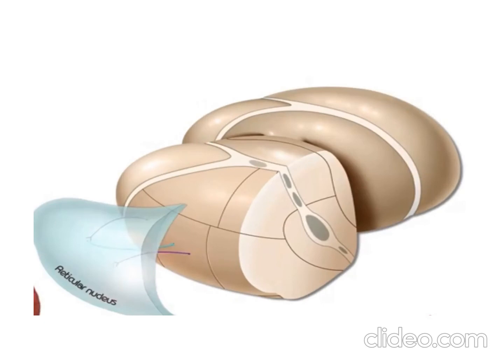Here, there is another nucleus which is called the reticular nucleus, which is also included under the thalamic nuclei. It is a thin flat sheet-like nucleus which is situated between the posterior limb of the internal capsule and the external medullary lamina. It receives its afferent impulses from the reticular formation of the brainstem, and it gives its efferent impulses to all parts of the cerebral cortex. And the function of this nucleus is it forms a part of the reticular activating system.